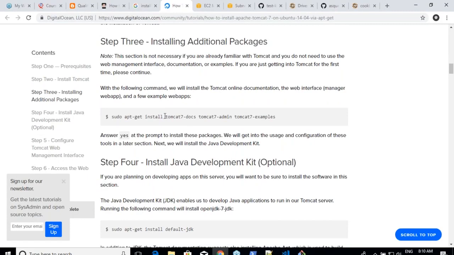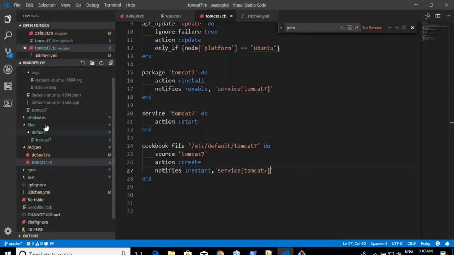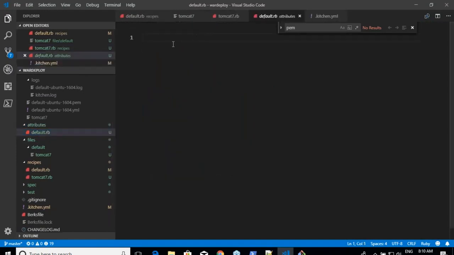Tomcat 7 docs, Tomcat 7. So I'll copy all of this. What is it that I'll do? I'll go to the attribute section. I'll just say default of the cookbook name, var deploy, and then additional is equal to an array.